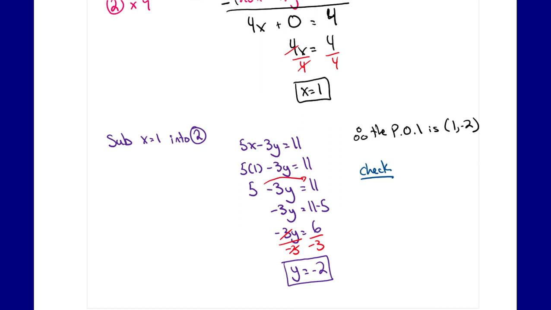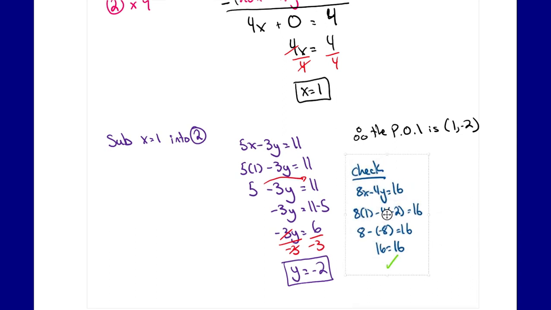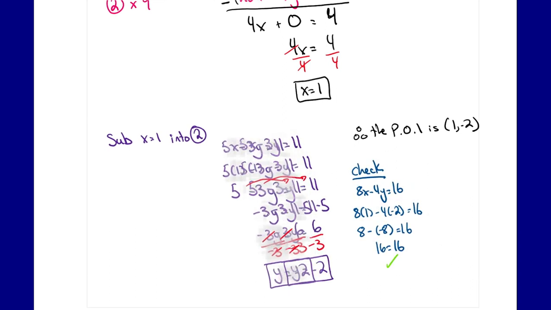So I'm going to check the first one. 8x minus 4y equals 16. 8 times 1 minus 4 times negative 2 equals 16. 8 minus negative 8 equals 16, and I get 16 equals 16, which is correct. Let's move this over and move most of it